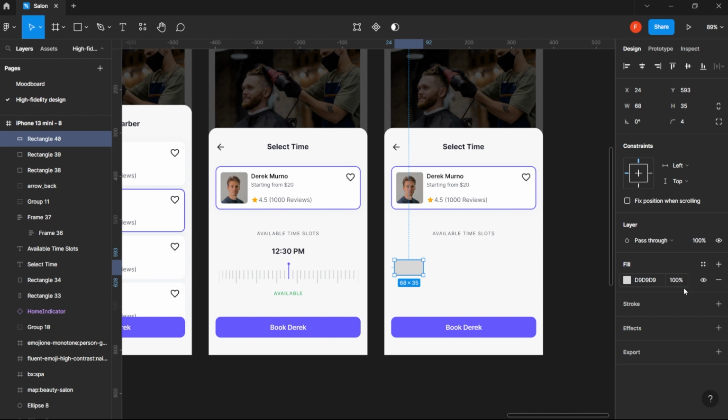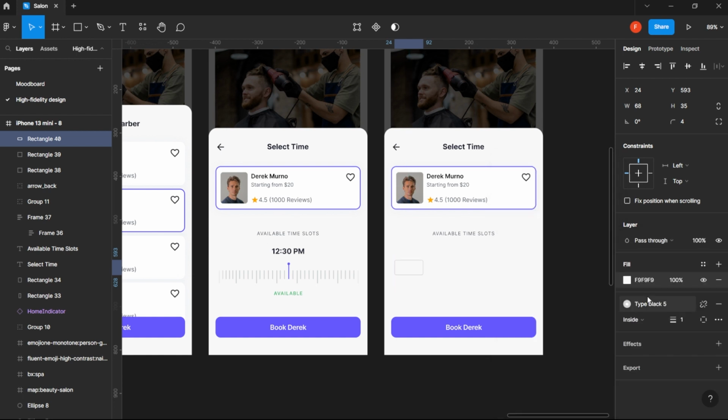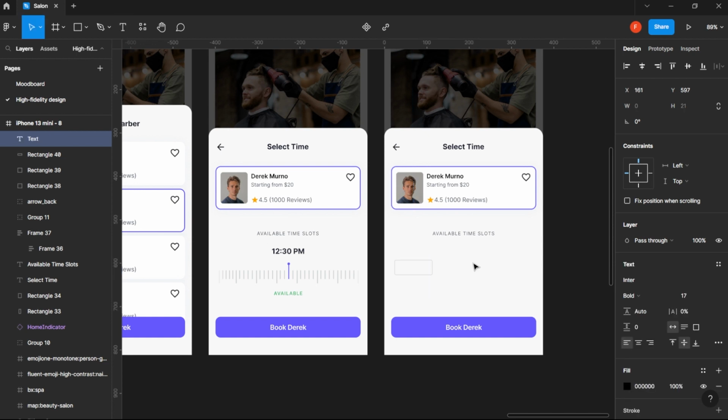The fill will be the background color, and then I'll give it a stroke, one of the grays. Let's say I'm doing that. I just type my time, say